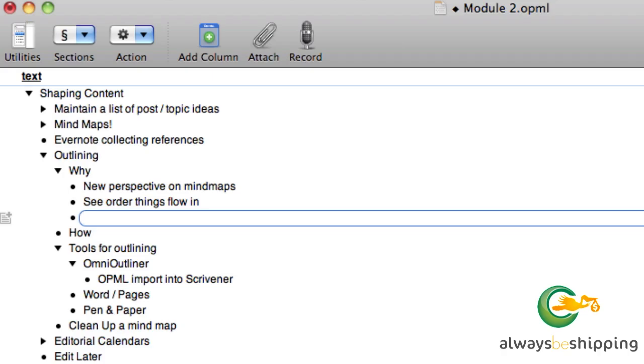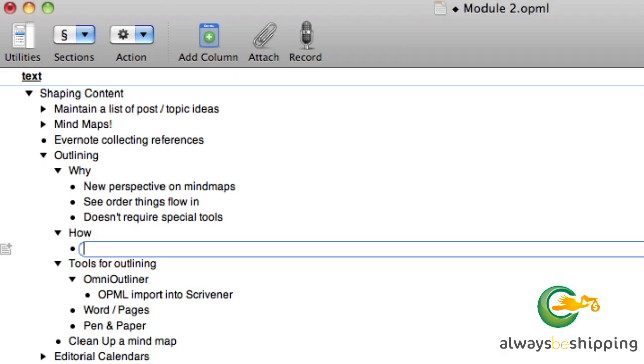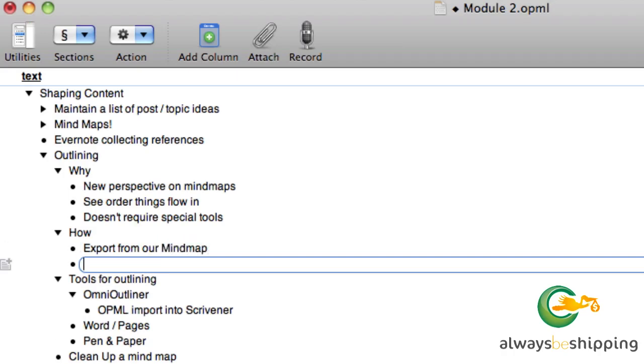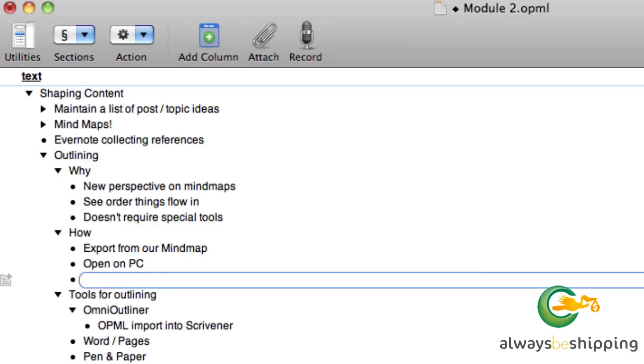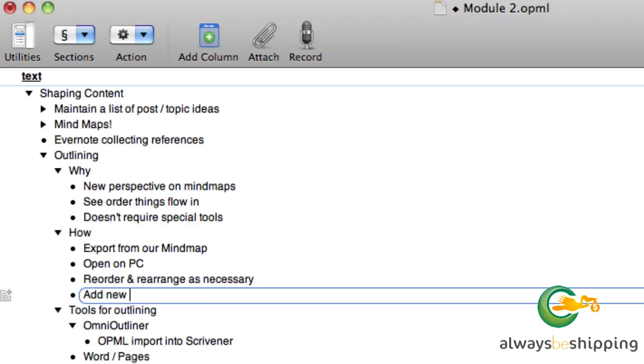And what else did we cover here? We also want to, because it doesn't require any tools. Okay, and then we come down to how, and then I'm hitting tab to make it indent. So how is we export from our mind map, open on our PC in either Word or, if we use OmniOutliner, our dedicated outlining program, and then we reorder and rearrange as necessary, add new topics we want to hit on,